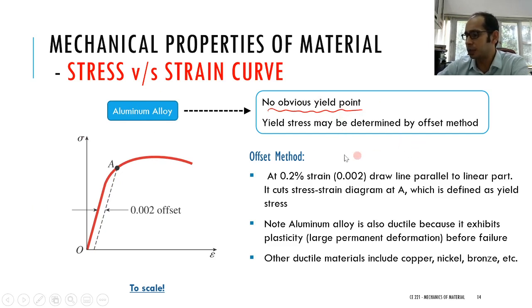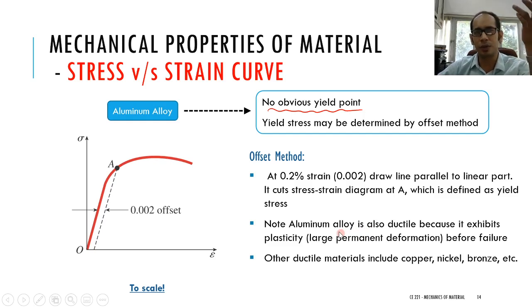In the offset method, what is usually done is that, and this has an engineering significance to it, that why you are considering an offset of 0.002, which we will not be getting into in this particular course, right? So you essentially make an offset of 0.002 and you draw a line parallel to the initial straight line over here, and the point at which it intersects, that point is known as the yield point, right? Now, like steel, aluminium is also ductile, and some of the other ductile materials are copper, nickel,